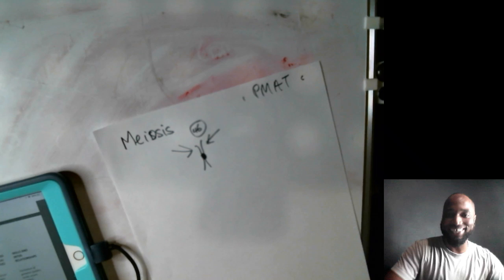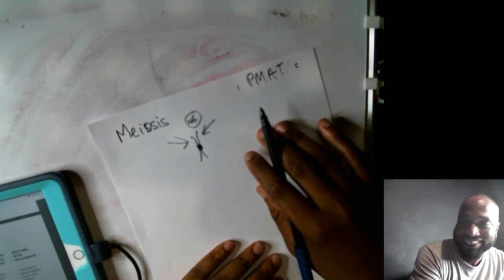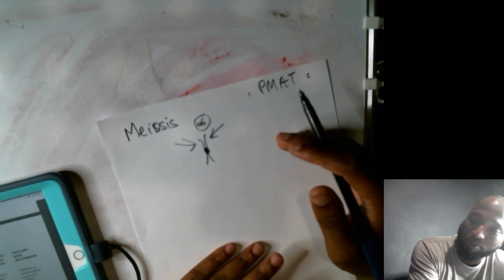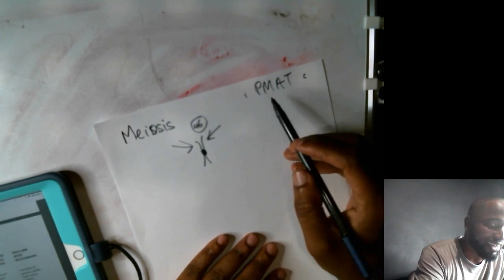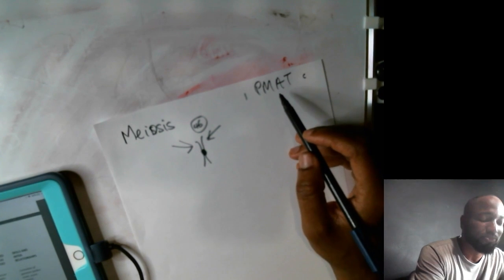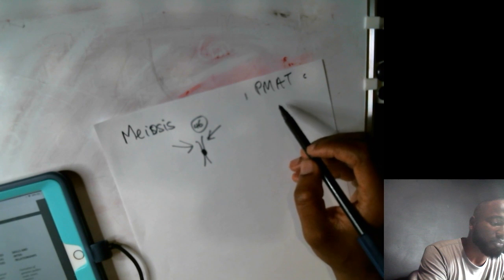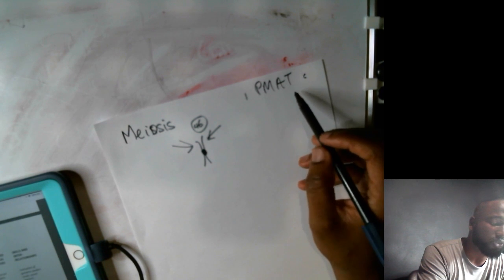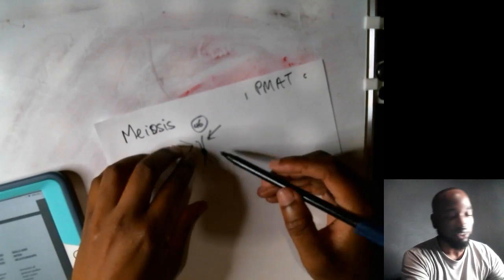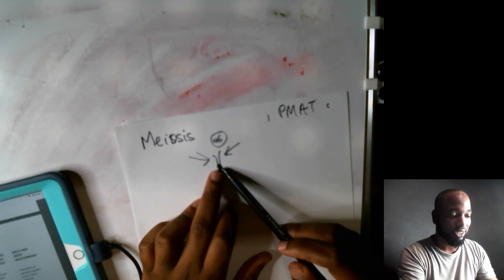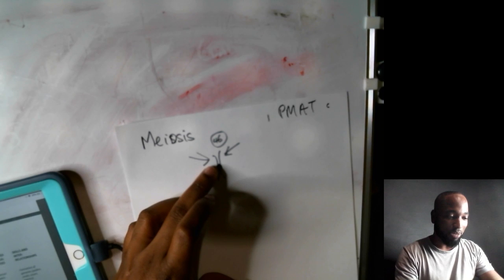So you'll have 1 and then you have 2. Yeah, you have prophase 1, prophase 2. I don't have 43, I have 46. Oh gosh, a man can't make a mistake with that number here. Alright, so 46. So what am I saying? You'll have prophase 1, prophase 2. Metaphase 1, metaphase 2. Anaphase 1, anaphase 2. Telophase 1, telophase 2. But what happens in mitosis, the cells all line up.